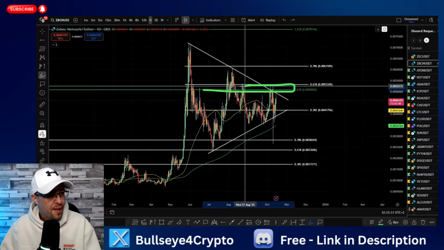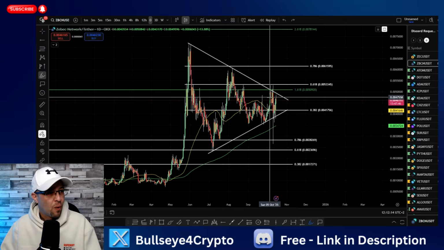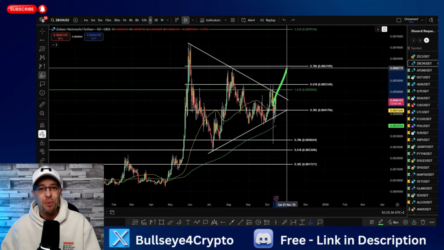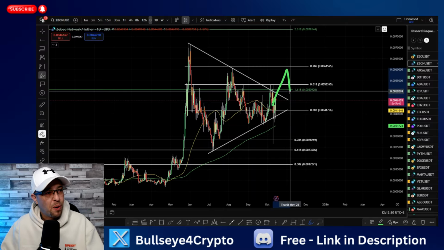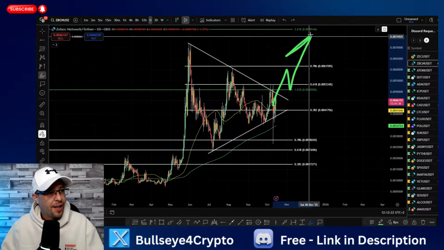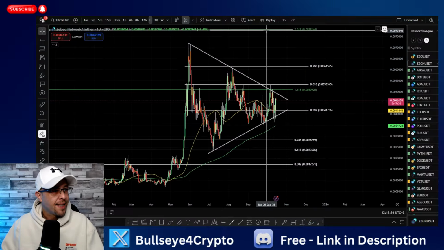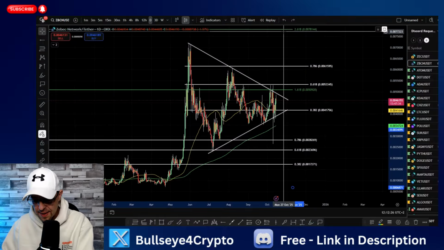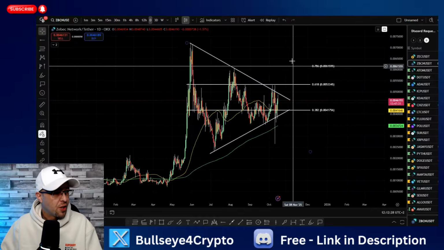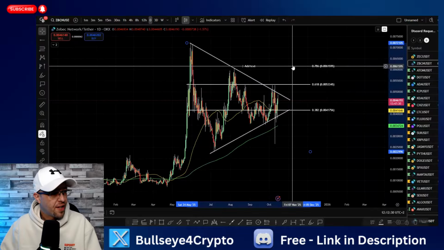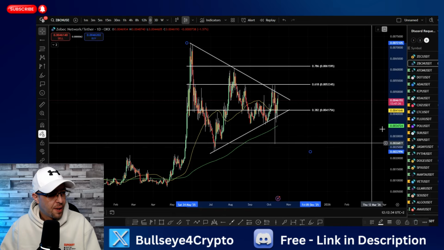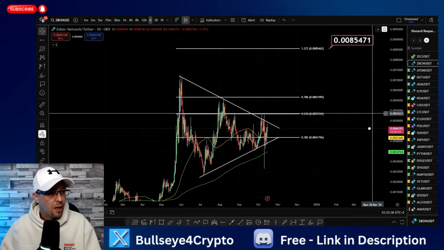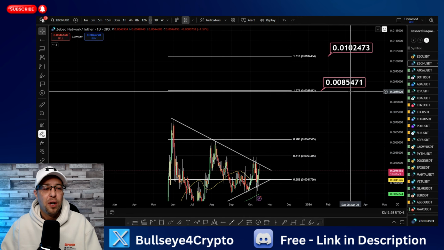So once we break through this barrier, what else is happening? We're also breaking trend. Once you break trend, that's giving an indication that the bulls have got momentum, we're likely to hold support, and we're likely to push for higher levels. So we could do the exact same. We're looking for extensions. Take this off. Where are the extensions? You're adding the 1.272, you're adding the 1.618. Got them on. So we can bring that down and we can look for the 1.272,